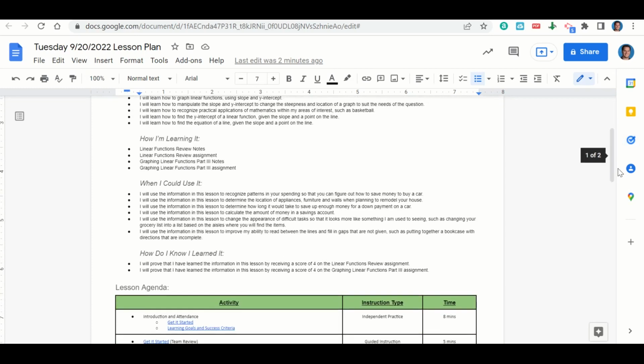When can we use the information in this lesson? To recognize patterns in your spending so that you can figure out how to save money to buy a car, to determine the location of appliances, furniture, and walls when planning to remodel your house, to determine how long it would take to save up enough money for a down payment on a car,